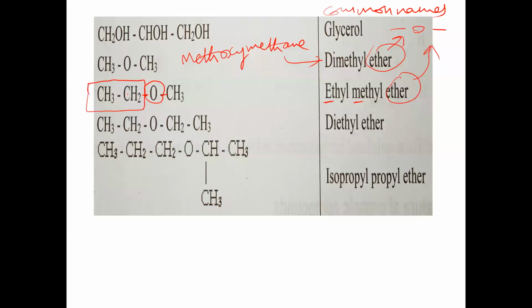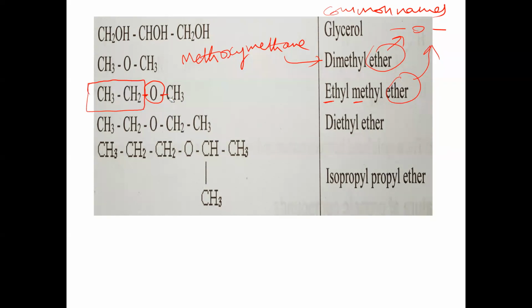There are 2 carbons in the longest chain. This carbon is not directly linked to this carbon; only 2 carbons are directly linked. When 2 carbons are directly linked, it is called ethane or propane. Two carbons with a single bond between them is known as an ethane molecule. The parent molecule is ethane.